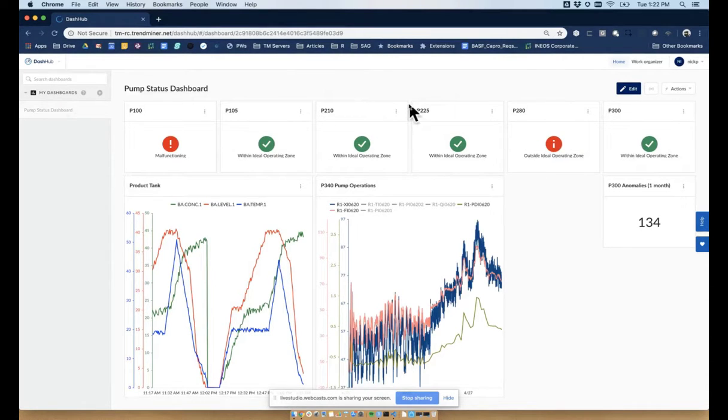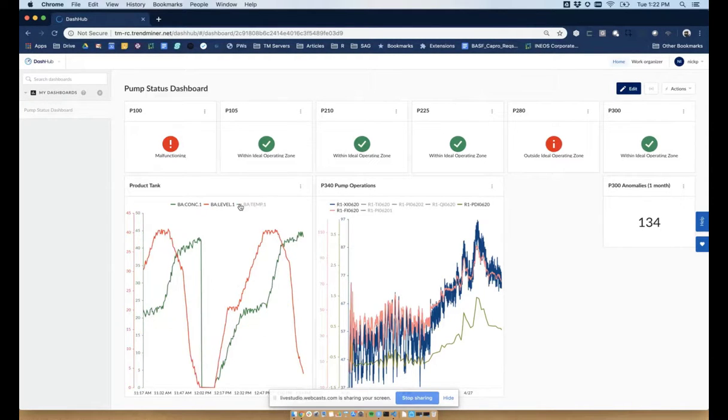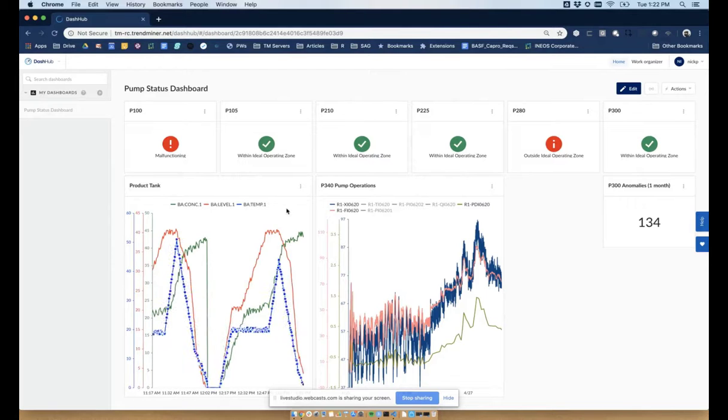So you'll see that I've got pumps from the 100 area, 200 area, and 300 area. But there's also a couple other tiles that we see in this dashboard. We have our time series tiles. These indicate time series sensor data that's updating in real time. For example, I have some product tank levels that might be relevant if I'm looking at some product feed pumps, and I can see that these are updating in real time. These are all interactive, so I can hover over and see some data for all of these points. I can hide and display different tags if I want to.